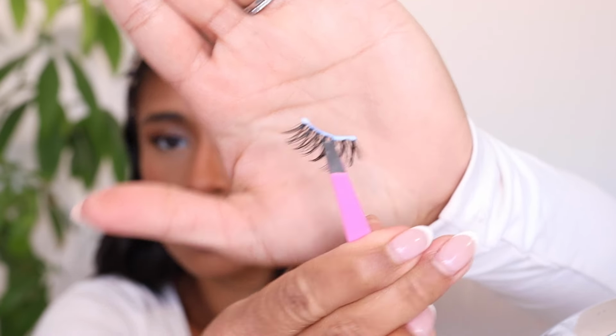It's a pretty small amount. I used to go so crazy with the lash glue. I would put way too much and it would be all clumpy. So I'm gonna put that lash to the side while I'm waiting for the glue to dry, and I'm gonna